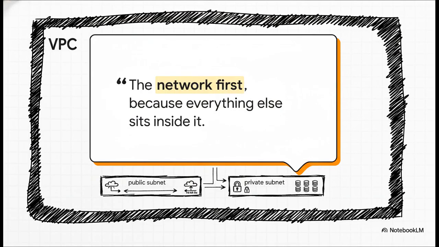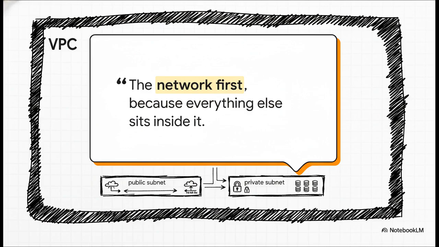After absorbing all of this, Timothy had this total light bulb moment. He literally flipped his paper over and completely redrew his diagram. But this time, he didn't start with the services. He drew the VPC first. Then he carved out the public and private subnets, tucking his databases deep inside the private ones, and carefully mapped out his gateways. He finally put the network foundation exactly where it belongs, first, instead of treating it like some